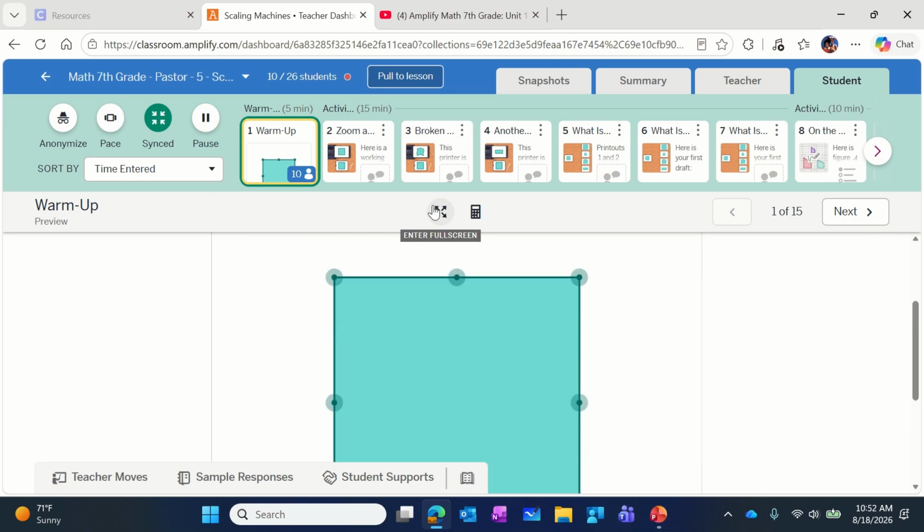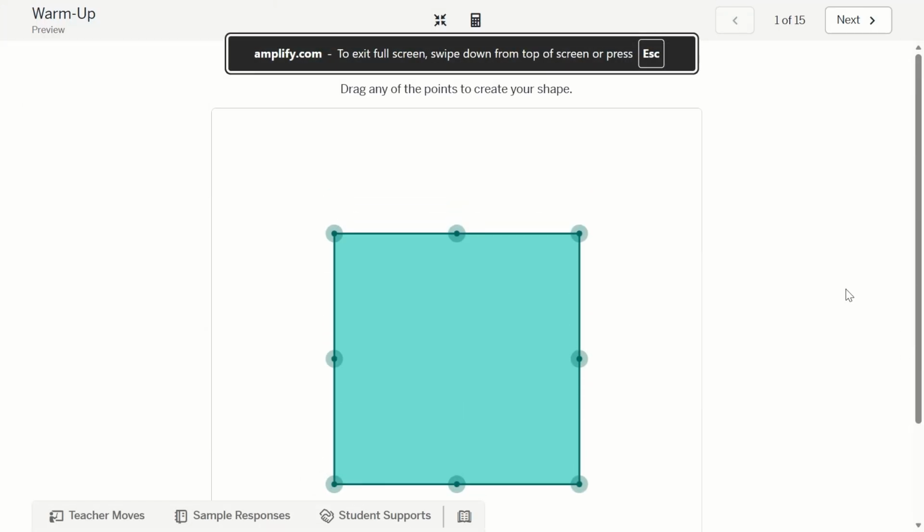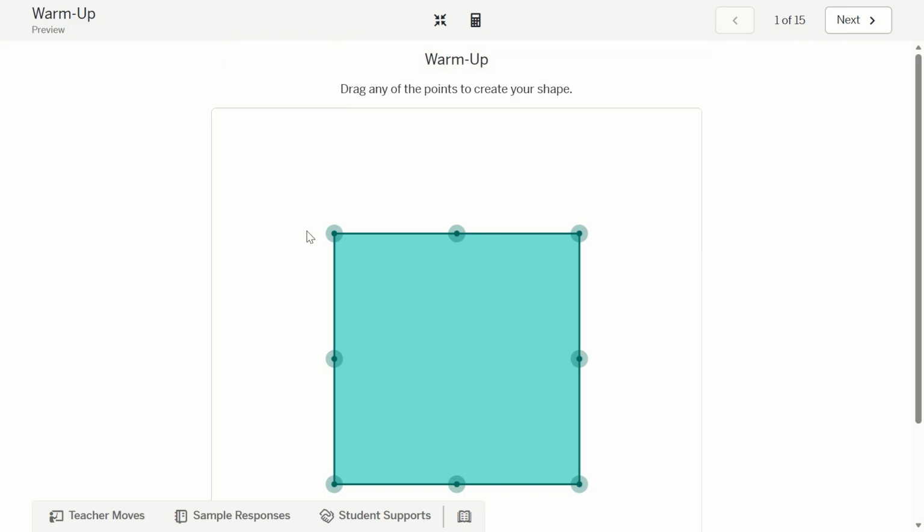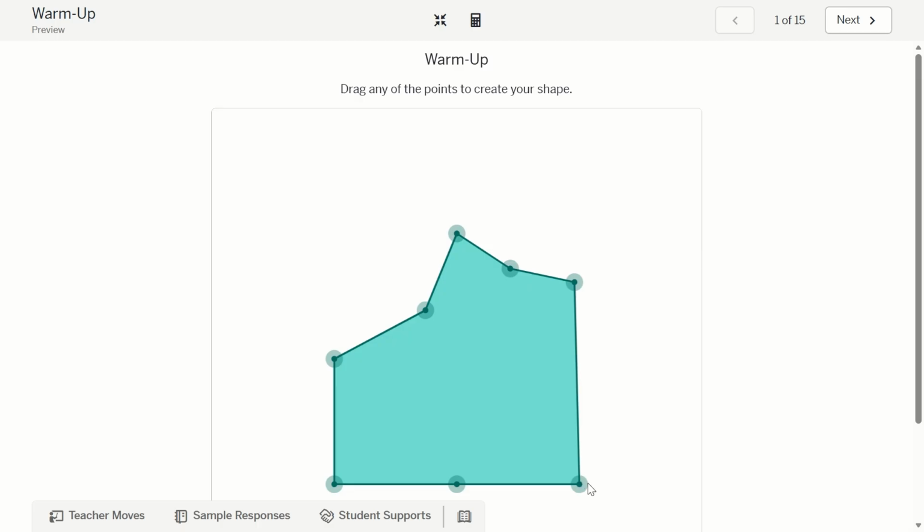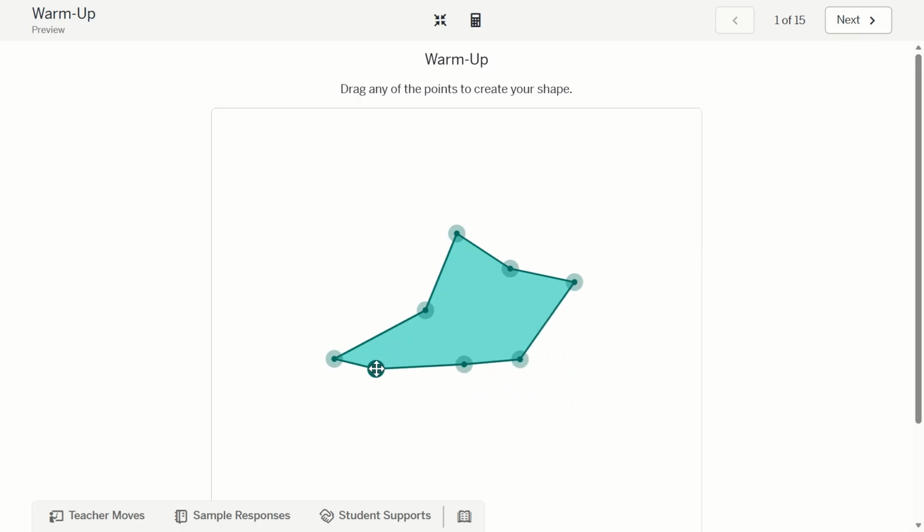Okay, so to start off the lesson today, you guys are going to be playing with this shape. On your device, you're going to create whatever shape you want. All you have to do is drag the dots. I'm going to give you guys about a minute. Create a shape. I'm going to tell you right now, try to create one that's a little bit more recognizable